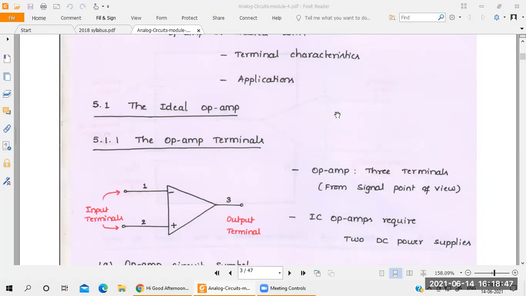Okay, ideal is different. For ideal, cut-in voltage is 0. Practical means you have to take cut-in voltage as 0.7 for silicon. Understood? So don't combine ideal op-amp and practical op-amp. In the exam specifically they will ask for the cut-in voltage problems and ideal op-amp problems, and next practical op-amp. Understood? So based on that you have to write the analysis here. First you take ideal op-amp.